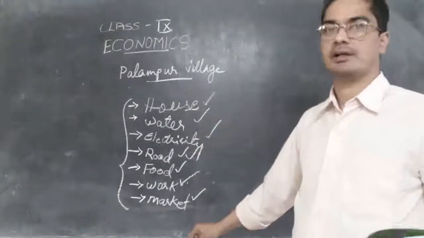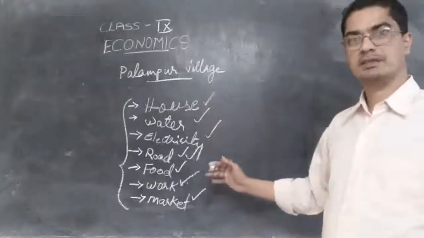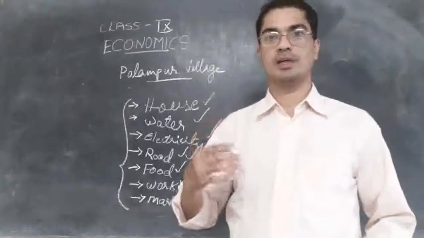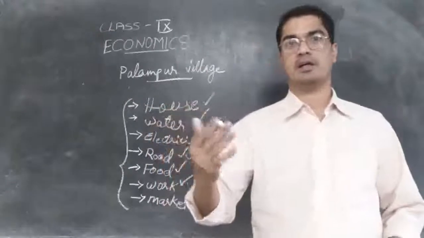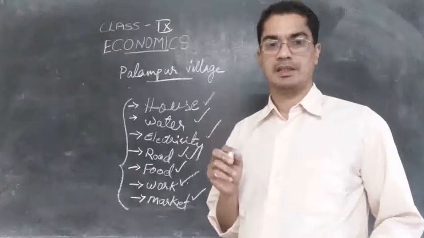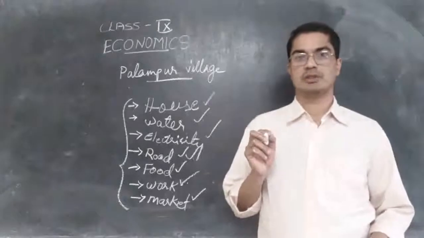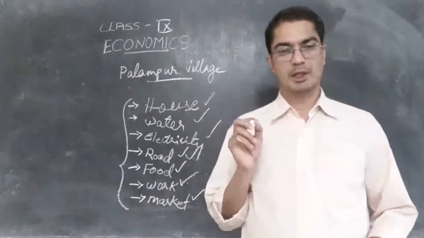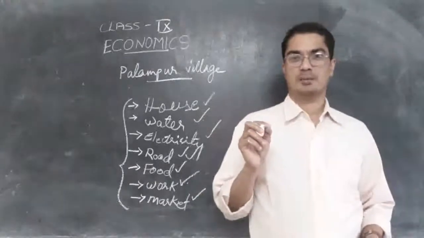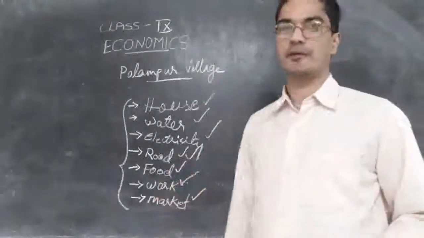All these things are necessary in order to show that they are developed. So if these things are not there, then we can say that village is underdeveloped. That village is still in the interior area and development has not reached there. That is what we will be saying, we will be concluding that way. So it is very important for us to say what is needed for essential things, what is needed for the basic things for our life, in order to show development.